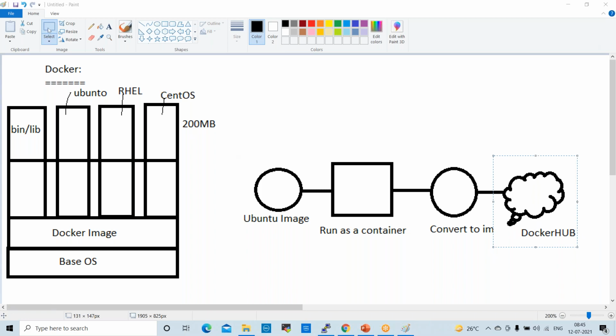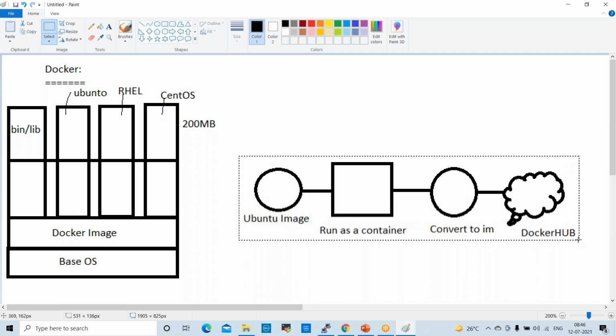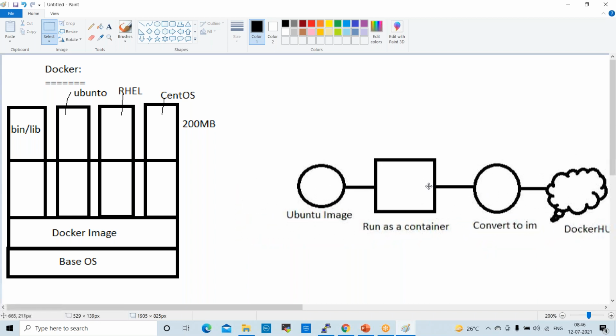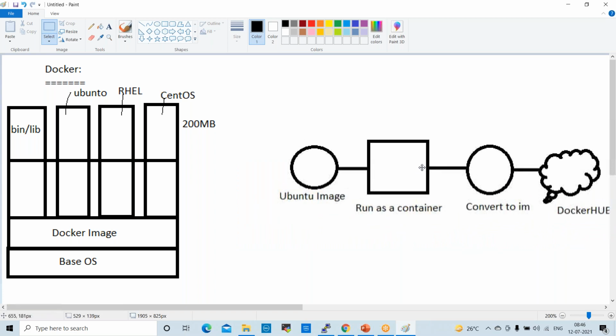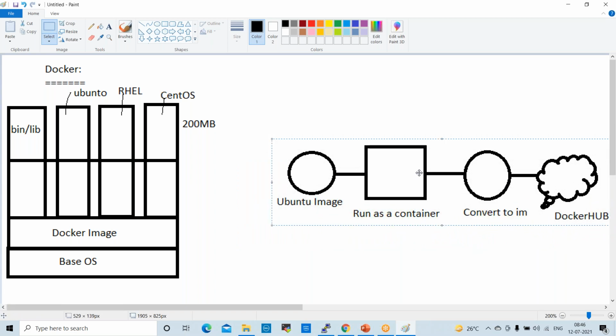Till now, what we did: we downloaded one image from the Docker Hub and ran it as a container, converted it into an image, and pushed it to Docker Hub. But next, we won't download the image we require from the Docker Hub. Now we'll create our own image, even Ubuntu and CentOS. So we don't use available images, we create custom images.